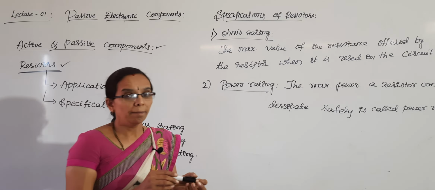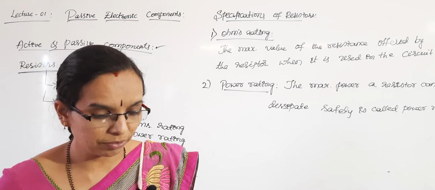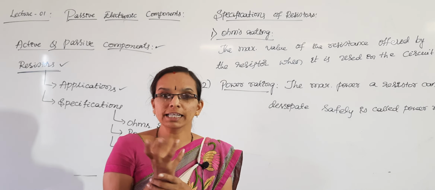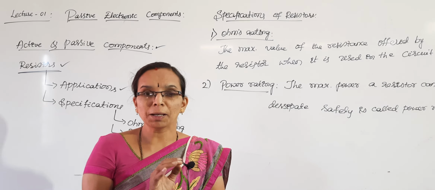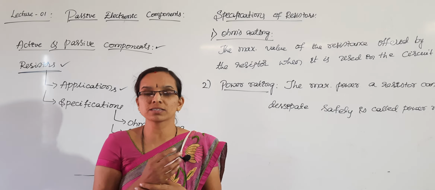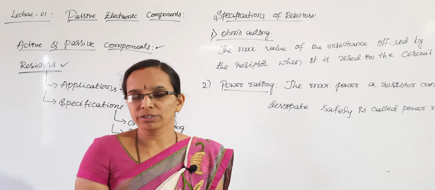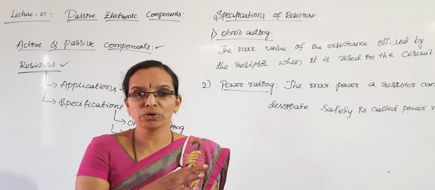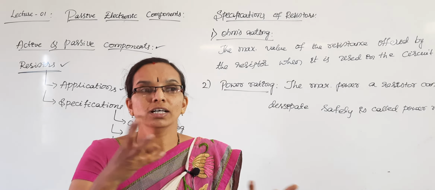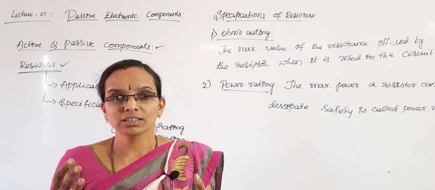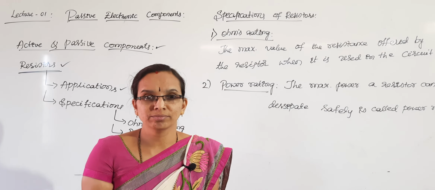Safe, in the sense of power dissipation, what I have told: when you switch on the bulb, after some time it will be getting heated, right? If the temperature increases more and more, what happens? At some stage the bulb may burn out. If the voltage is more, you might have heard about voltage fluctuations. So some devices in your home are not operating, they are burnt.